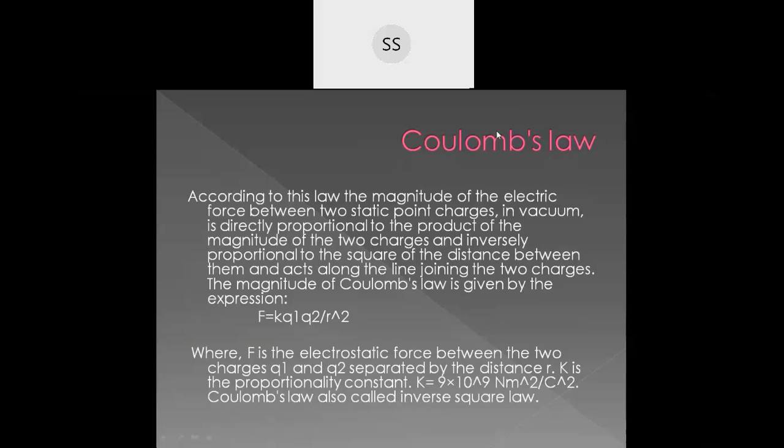Okay, so when two charges get attracted or repelled, they will get attracted and repelled with some force, right? That force was explained by Coulomb, and that's why this law is called Coulomb's law. That force is directly proportional to the product of the charges and inversely proportional to the square of the distance between them. That means when the charges have higher magnitude, the force of attraction or repulsion will be higher, and if the charges have lower magnitude, the force will be less,